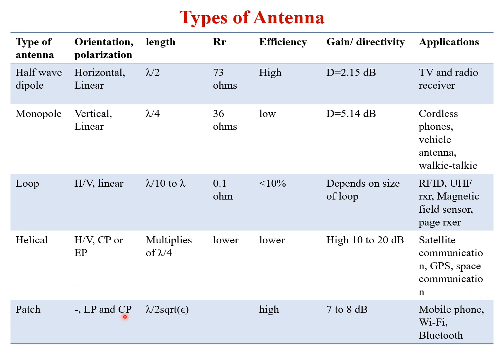And the patch antenna. The orientation and polarization are LP and CP. The length is lambda by 2 root epsilon and it has high efficiency. The directivity is 7 to 8 dB, used in mobile phones, Wi-Fi and